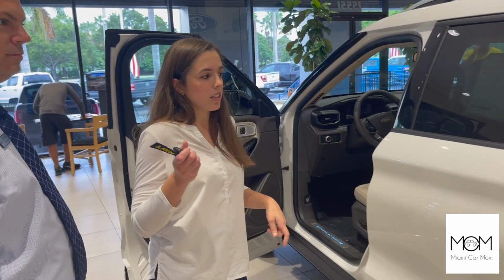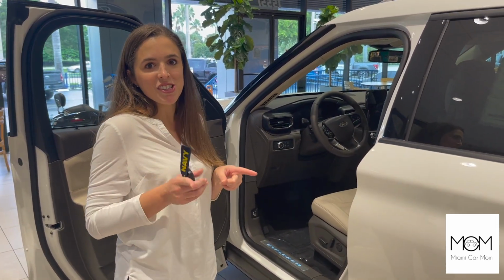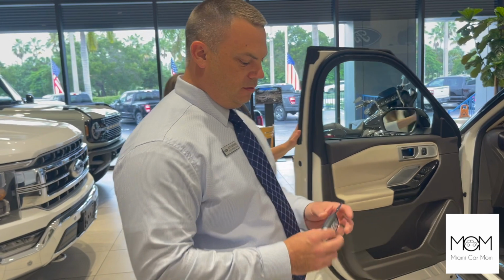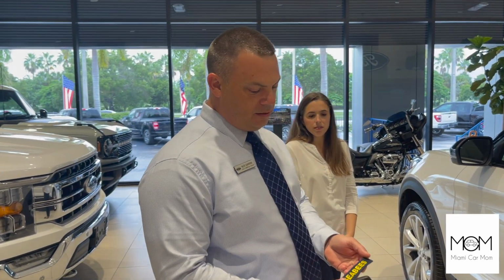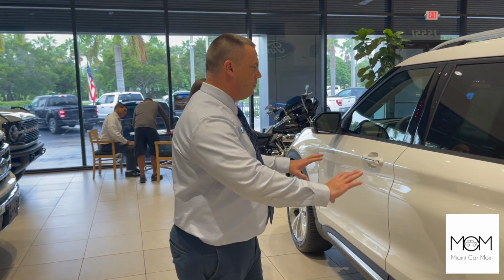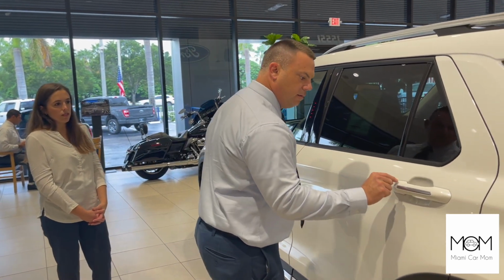So now Alex is going to talk about one of the main features that I'm so used to that I didn't even mention on this car or the Aviator. So go ahead and go over that. So what's cool about the new Ford lineup is, for example, there's key fobs. You know, what did we do before this? So basically what we're doing is you put this in your purse, your pocket, however you're doing it, and now you can carry your baby. You can do what you got to do to be able to, you know, secure your child. They have little lines, yeah,